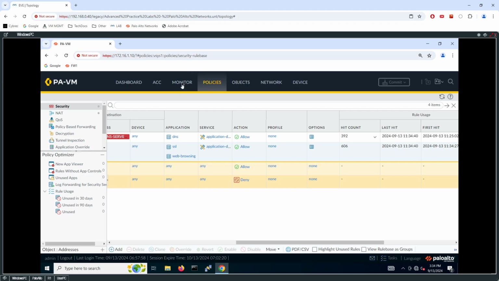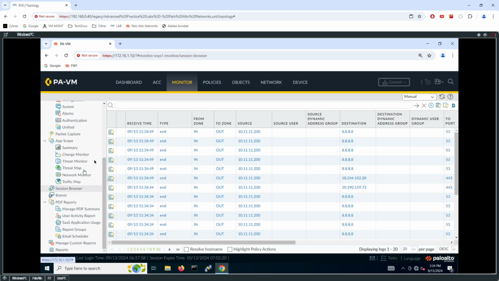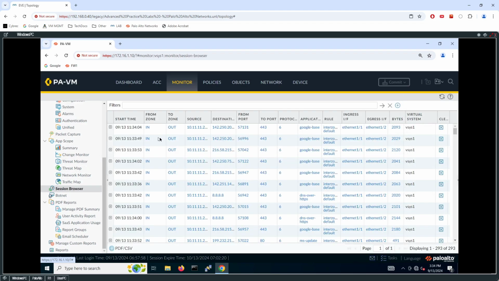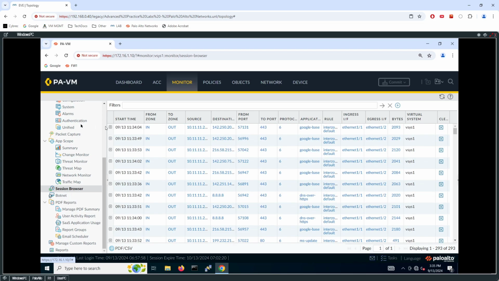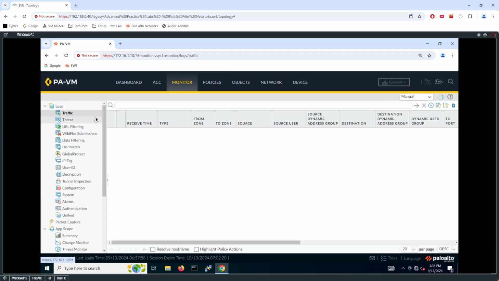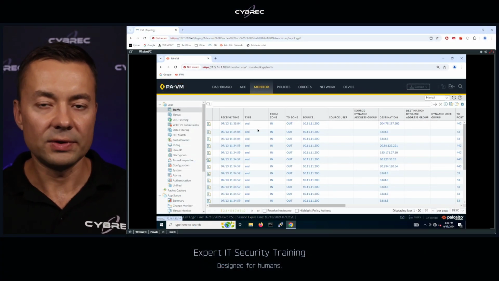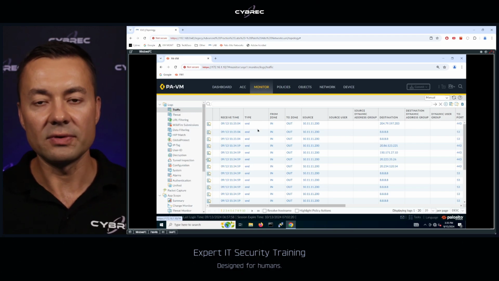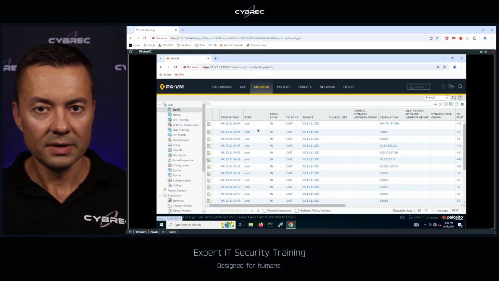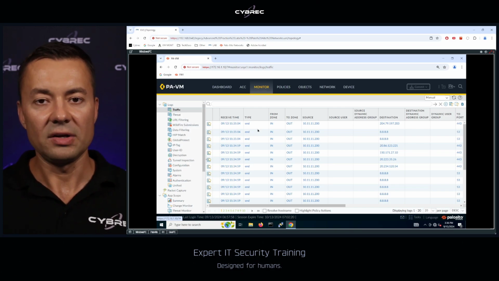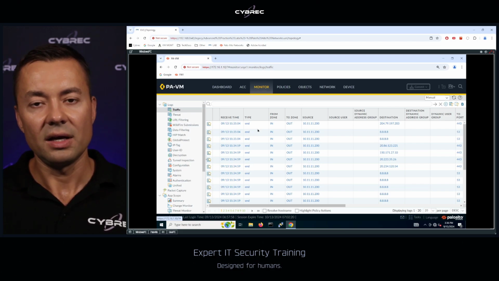And another place would be to go to the monitor tab. First and foremost, I would scroll down to the session browser. The session browser is going to show you the existing connections across the firewall. And I would also take a look at logs. Just remember that the difference between session browser and logging is that the session browser is only going to show you connections that already traversed through the firewall, so connections that are up, operational, or that were just terminated, versus logs will show you everything,